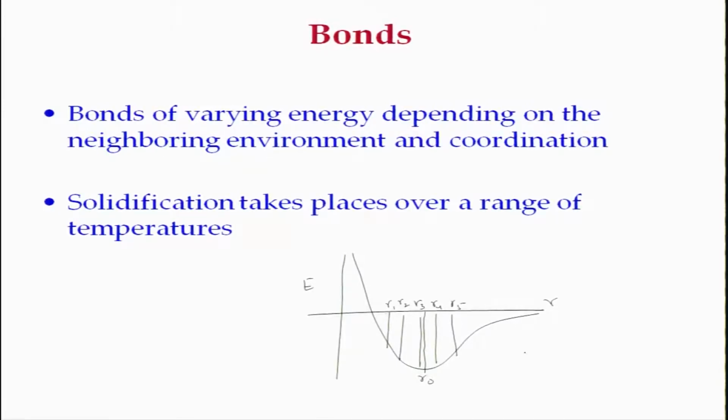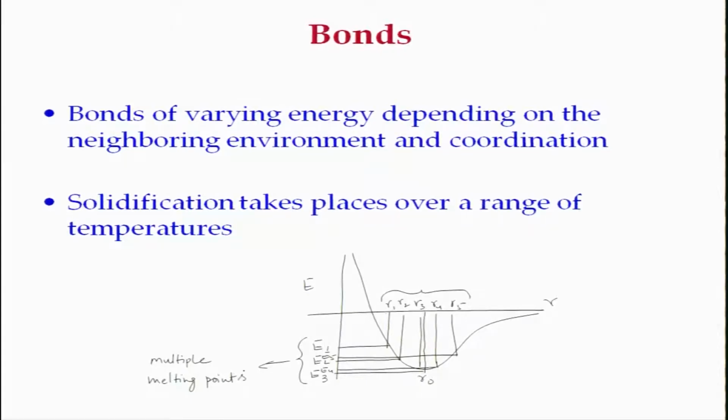In case of glasses, what happens is that since you have this multitude of bond lengths, you have an energy corresponding to R1 which is E1, energy corresponding to R2 is E2, to this it is E3, to this again it is E4, and this again is E5. So, you have this multitude of energies, and this will mean you have, in some sense, it is like having multiple melting points,